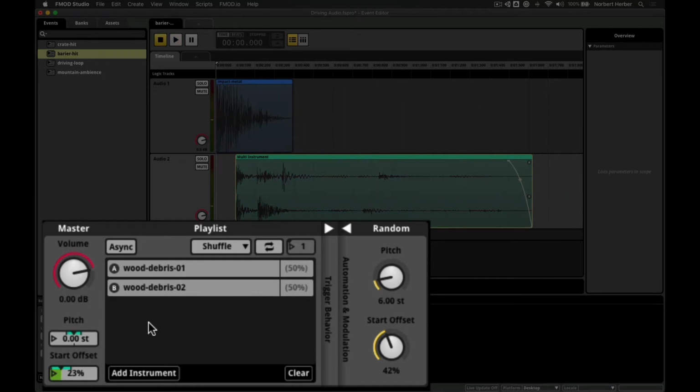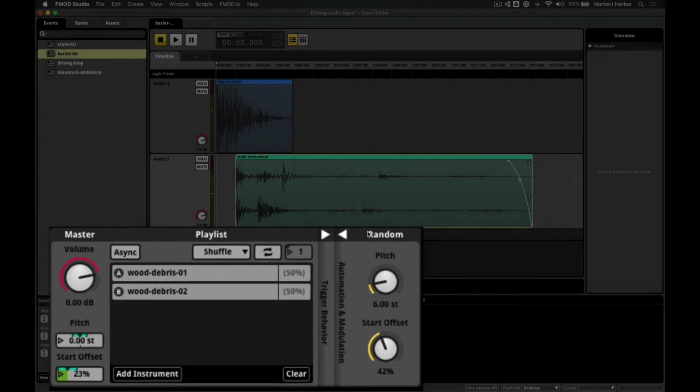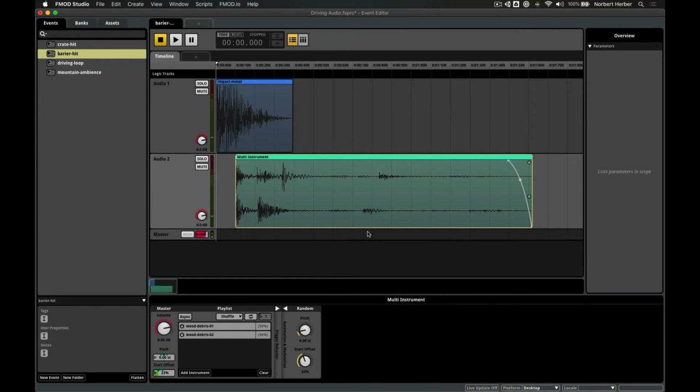As I mentioned before, you can really go down the rabbit hole tweaking these parameters, which on one hand is great because we have that flexibility, but on the other, an iterative approach may be best, where you get something that sounds great and then test it in the game, hear what it sounds like, loop back to FMOD, fix it, and go back and forth. Trying to make it what you think is perfect here in FMOD before you've heard it in context of the game could be counterproductive. So in the interest of not laboring over this too much, I'm going to save it,